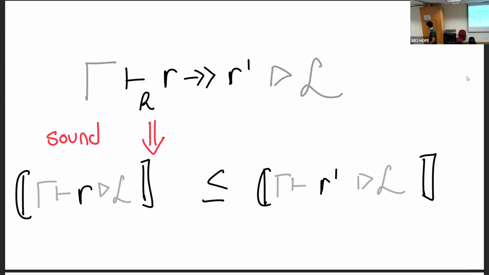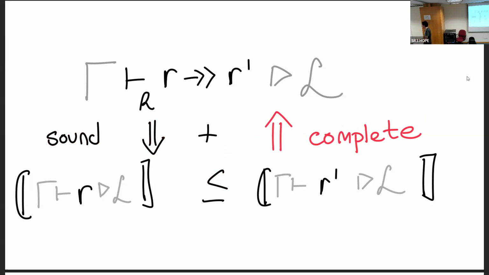Soundness just means that if R refines R prime, then for every category modeling the theory R, the denotation of R is less than or equal to the denotation of R prime. Whereas completeness says that if all categories modeling R have that property, namely that the denotation of R is less than or equal to the denotation of R prime, then it will in fact be derivable that